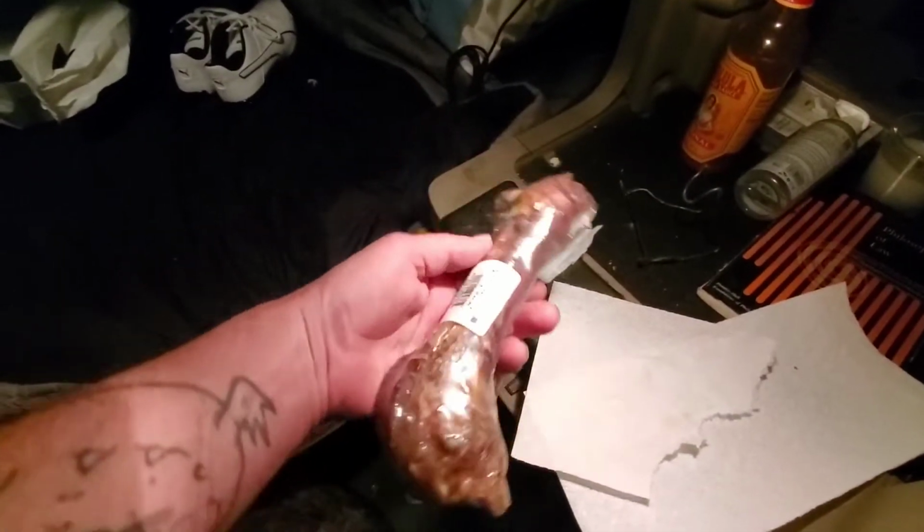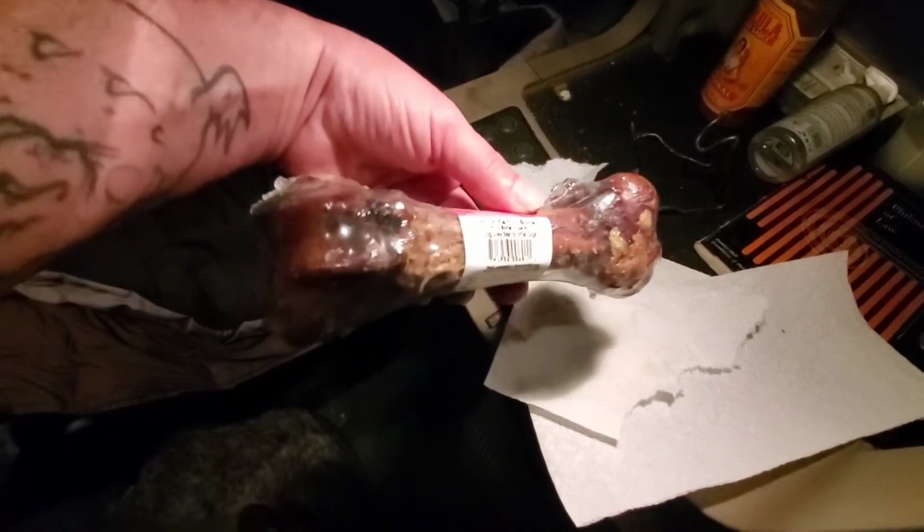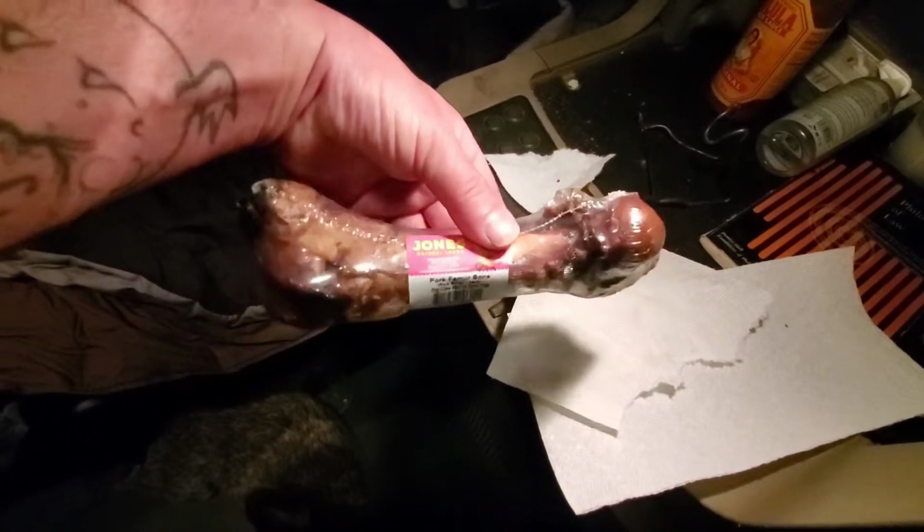The trachea. I got him that, and then I got him a medium-sized knuckle bone. I guess that's a beef knuckle bone. Nope, it's a pork femur bone. Kind of small. See if he smells it. Can you smell it through the package? I don't know. Yep, so I got him those, and then